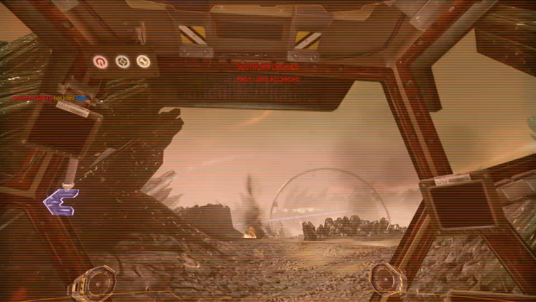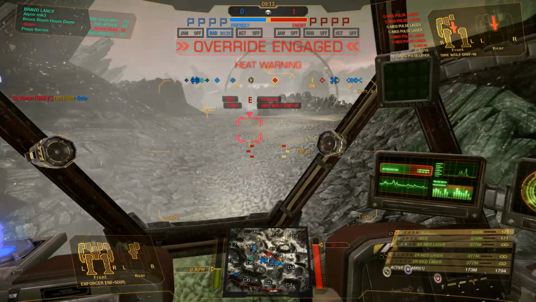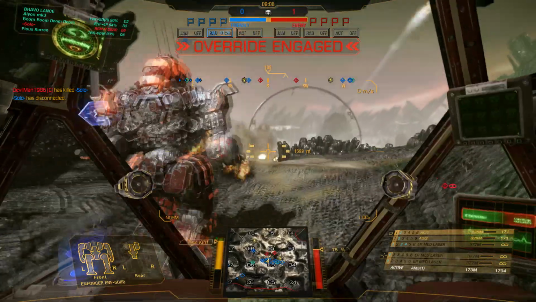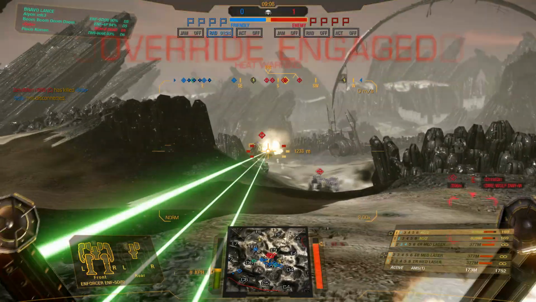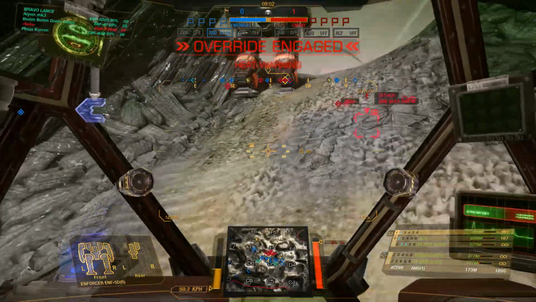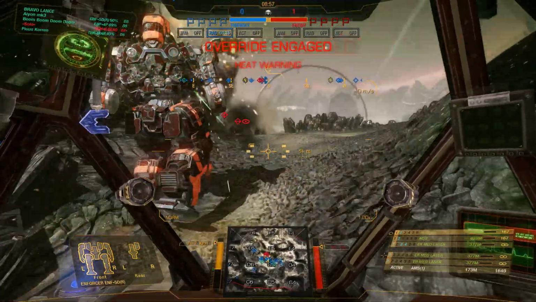Okay, and I overloaded there. As you can see, the extra heat sinks do help, but it's not enough to keep me going. That said, though, I really did punish that Direwolf. Oh, hello, Friendly Annihilator. Okay, I've got to watch out with the ER meds, because when they get into play, I do start to overload really quickly. So, on the ER meds, this build is...